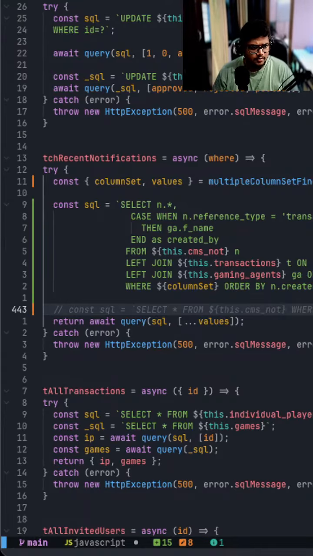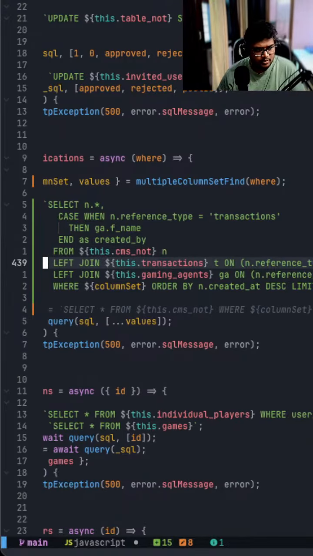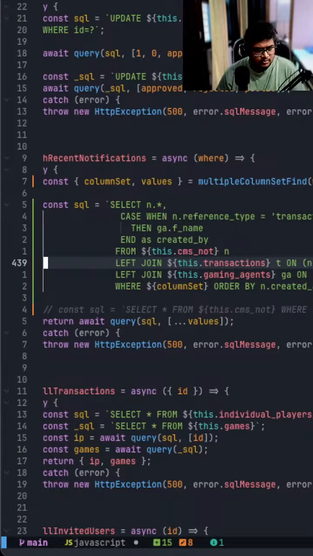Will that work? Okay, so I'm fetching all, and the reference type is transaction. I can make multiple cases over here, that will be according to requirement. So from this left join on this, and then this where column set order by created ID is